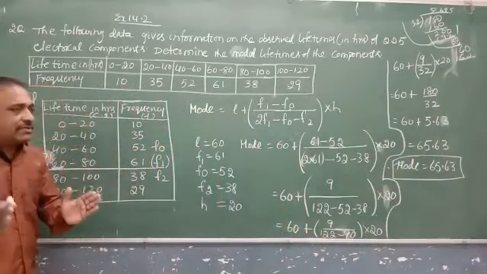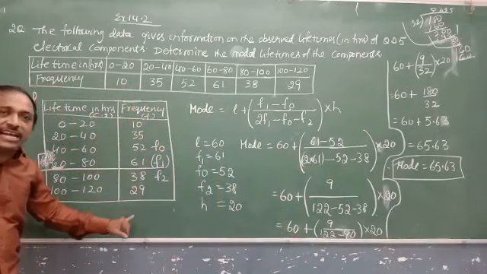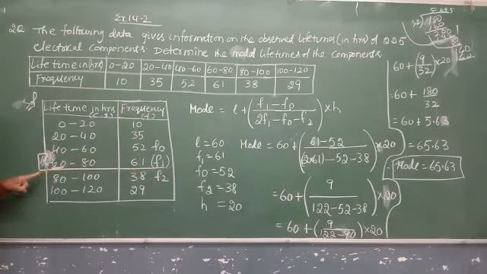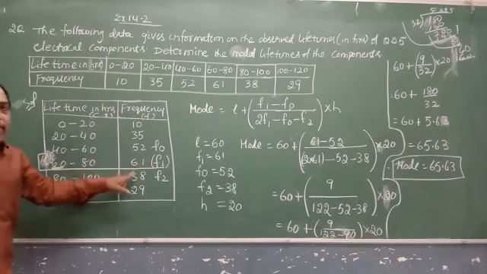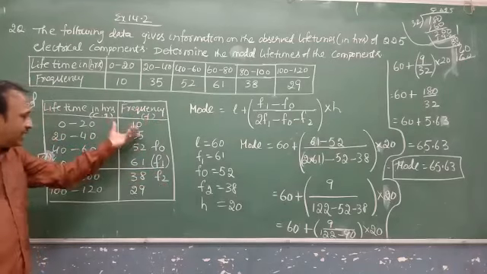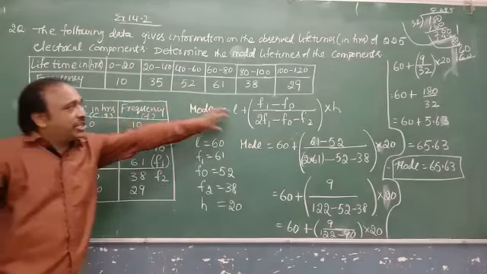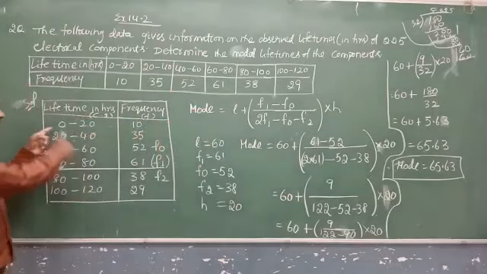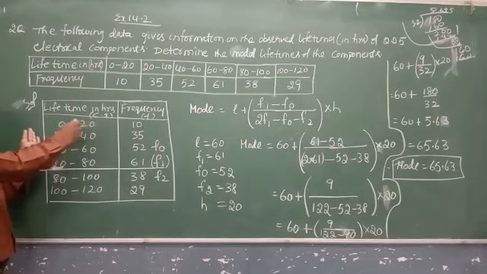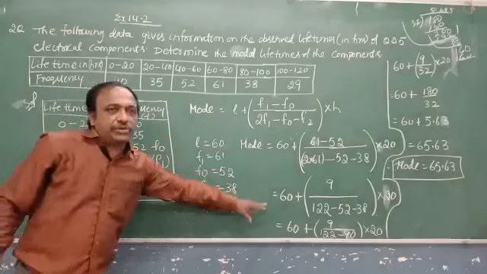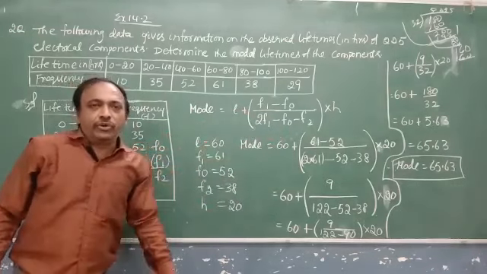What is the method? First and foremost, identifying the highest frequency. Underline it, take the lower limit of that particular class interval, including the class frequency. That is f1. Above that, f0. Below that, f2. These are the values which we require to substitute in the formula. L is the lower limit, then h is the class size. This is a continuous class interval. The class size for this data is 20. Substitute and then we obtain the mode. I hope you understood.